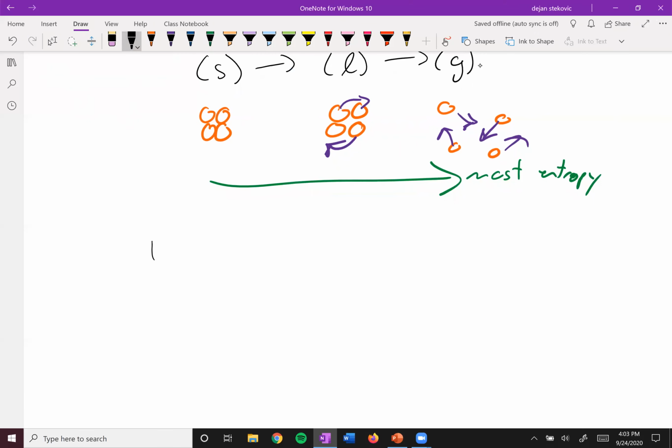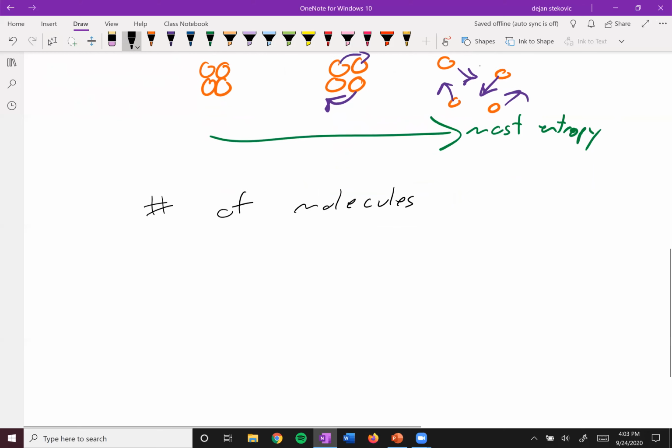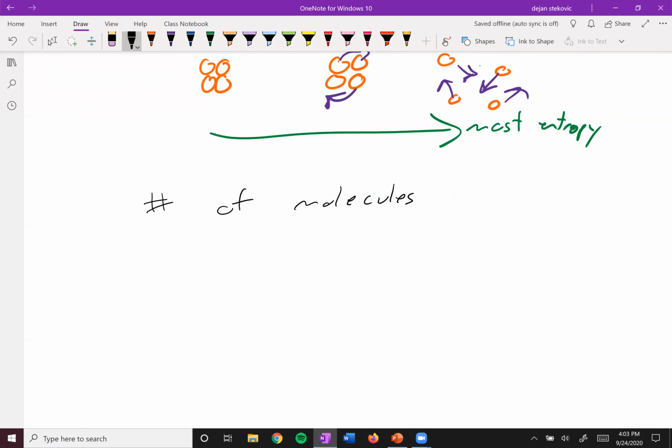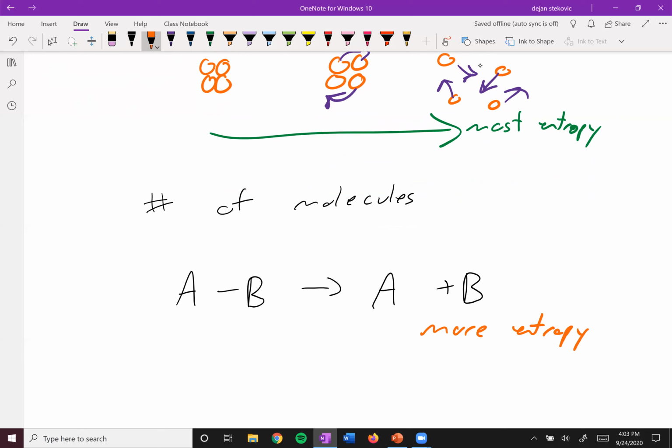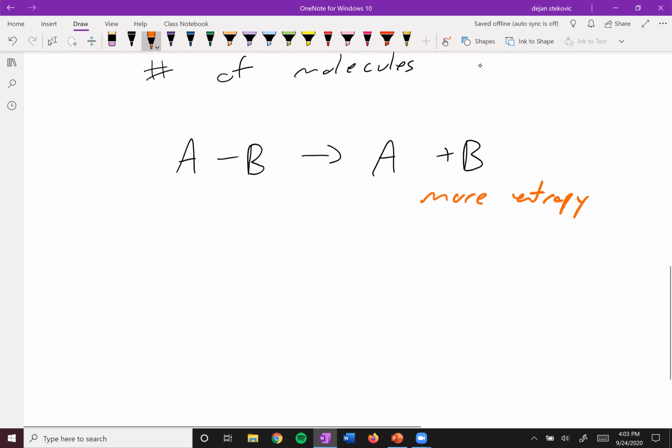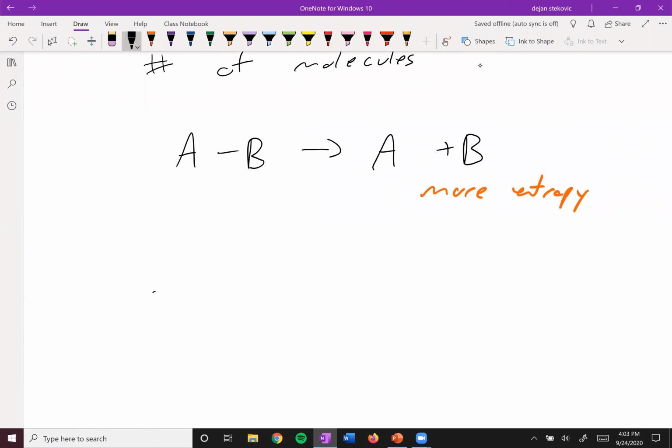Another example is the number of molecules. So if you have more molecules, in general, you will have more entropy. And so if we go from something like A, B to A plus B, right, we actually gain more entropy here because we have more molecules and thus more ways to organize the system. And then another example is more freedom